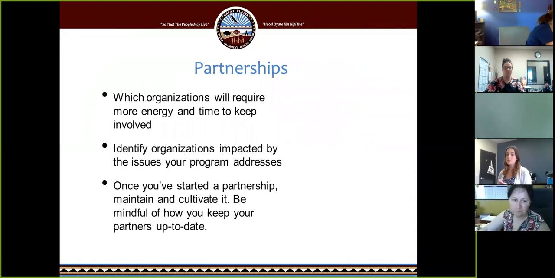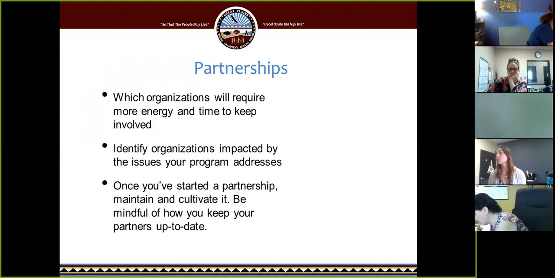And then partnerships, which is a big one. Partners play a really important role in sustainability. They can connect you to greater resources or expertise. They can provide services that your program may not be able to provide. And they can advocate on behalf of your cause. And partners can range from business leaders to media representatives, organizations addressing similar issues as you, as well as just